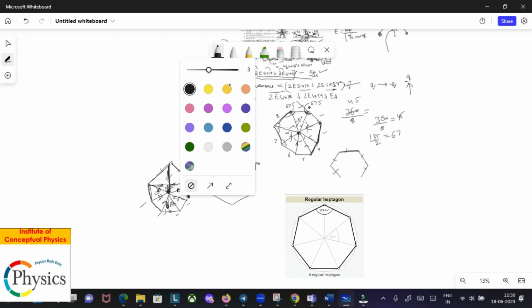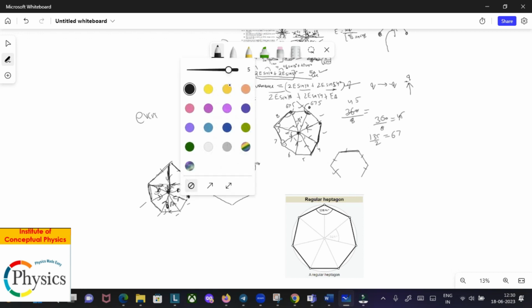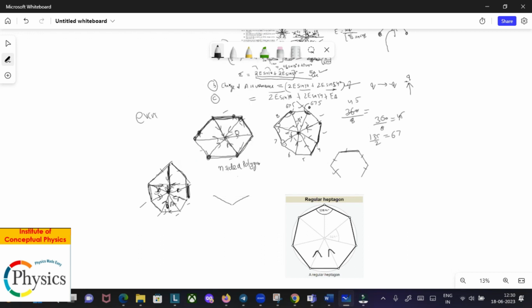So 7 sides. You've seen that for an even number of sides, the resultant is 0. We've seen for the hexagon, if it's an even number of sides, the resultant is 0. So let me just show you this. Look, you have a charge here, the electric field is here. If you notice these two electric fields, the x components will cancel. You will get an answer in y for both of them. If you see this one, again the x components will get subtracted and the y components will get added, right?